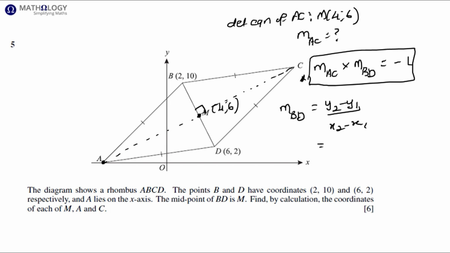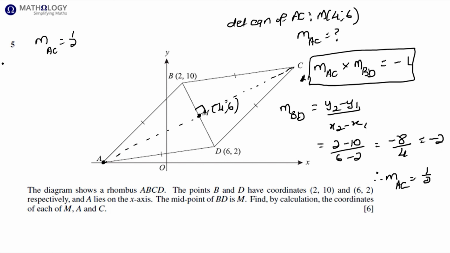So the gradient of BD will be 2 minus 10 divided by 6 minus 2, which is minus 8 over 4, which is -2. So therefore, the gradient of AC must be a half, because minus 2 times a half will give us -1. So we now have the gradient of AC, which is a half. We have point M that lies on line segment AC, so we can determine the equation now